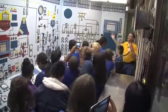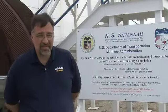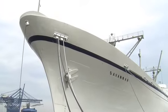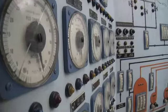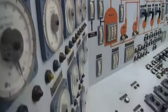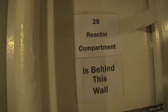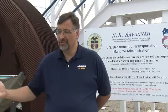tour today. As the sign behind me says, the Savannah is licensed and inspected by the United States Nuclear Regulatory Commission. The ship was constructed in the 1950s, operated throughout the 1960s, and was permanently shut down in 1970 and 71. Its nuclear reactor is still on board, and that is why we still have the license from the NRC, and it will remain licensed until such future date as the reactor is removed from the ship and the license